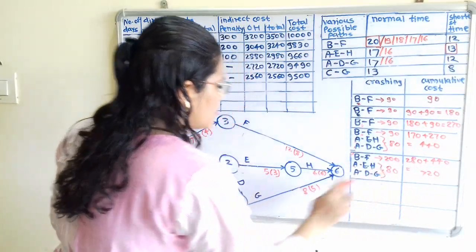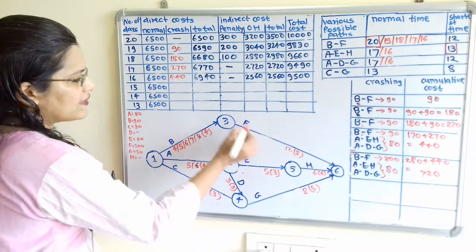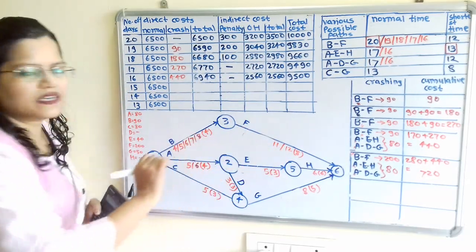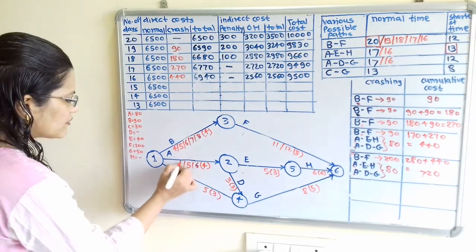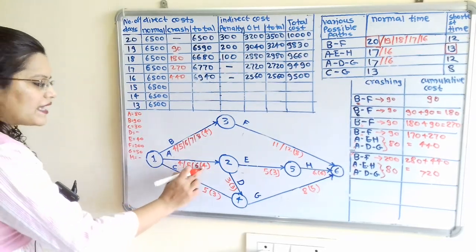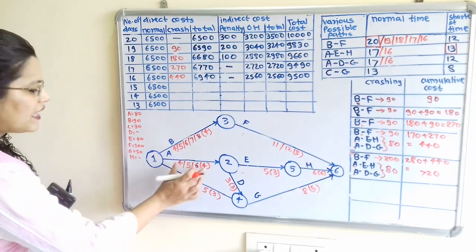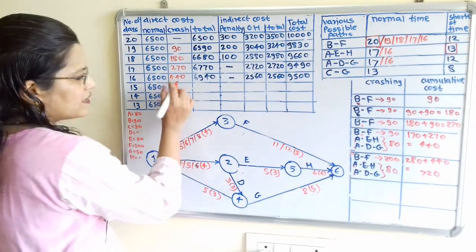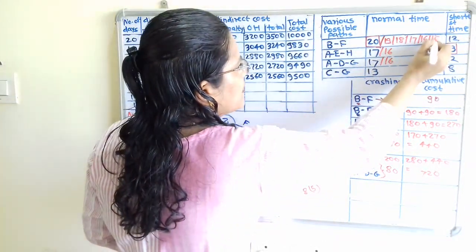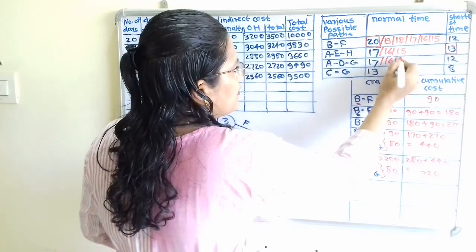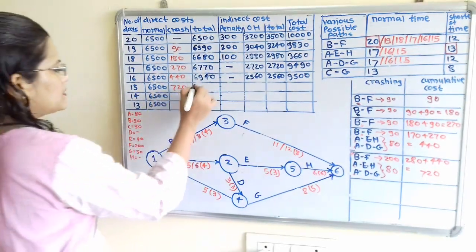Here is first change. Second change, we have to take activity F and A. For activity F we have to reduce the normal time with 11, and for activity A we have to reduce here up to 4. Now here normal time is equal to shortest time or crash time. So after that we cannot reduce this activity A. So here cost is 720 and here we have to reduce 15, 15, 15. Now we will calculate 6500 plus 720.